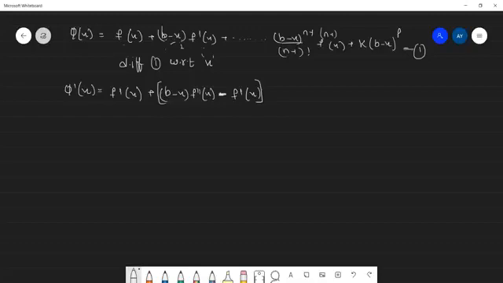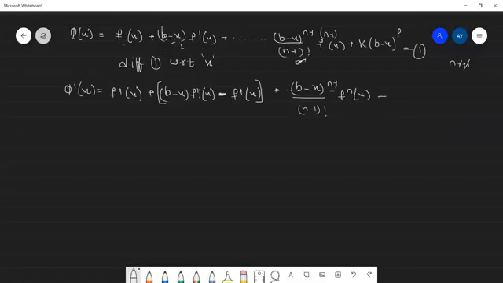And what will be the second term? The second term will also be u into v. And moving on to the last but one term, that is this one. So what will that be? (b minus x) whole power n minus 1 by n minus 1 factorial into f power n of x. Why did we get n? See here, when you have f dash, you got f double dash. If you have n minus 1, you'll have n minus 1 plus 1. Minus 1 plus 1 gets cancelled, so you'll have n. So you'll do with respect to the nth term. So (b minus x) whole power n minus 1 by n minus 1 factorial into f power n of x